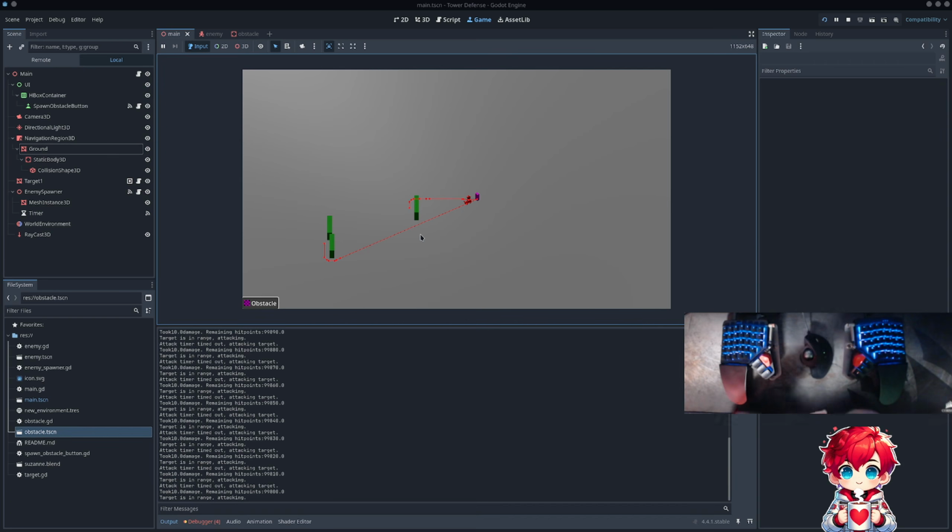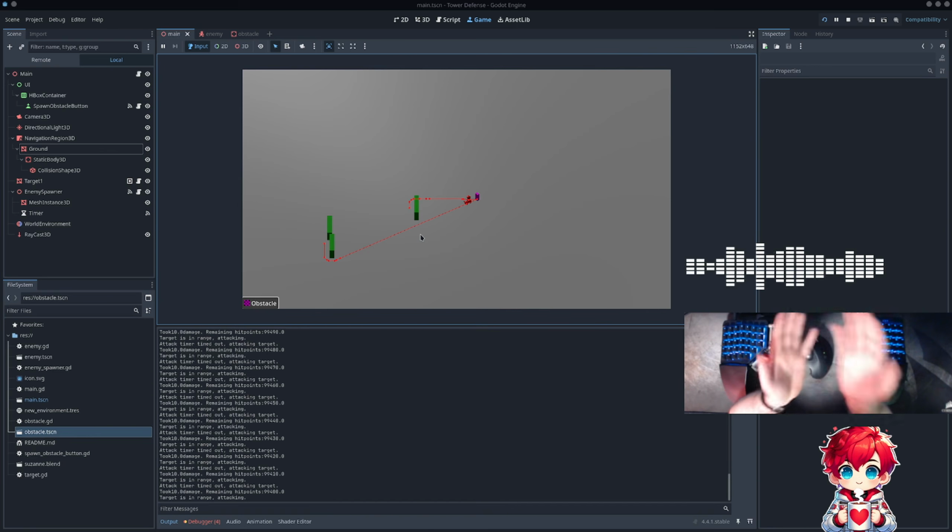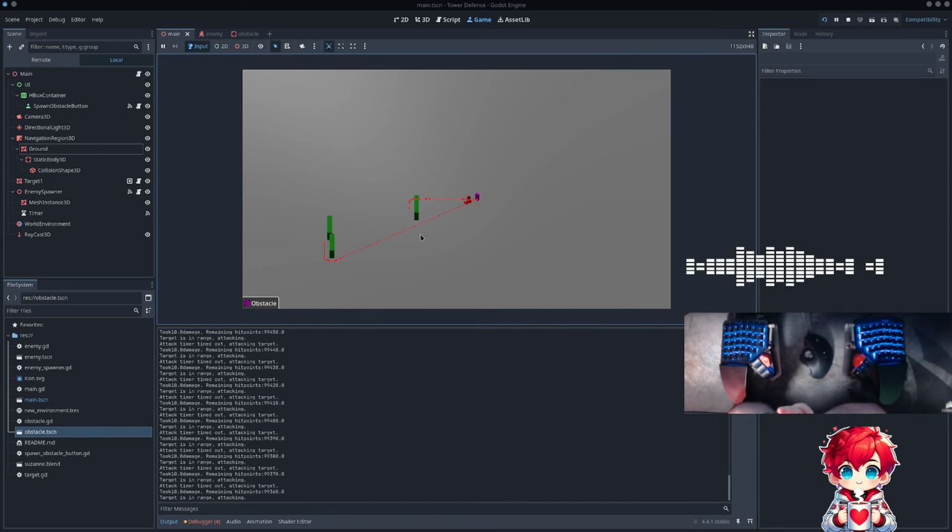I think in practice, the way I'm envisioning the actual game to work would be that the placement happens before the enemies start moving. I don't know that I necessarily want the building of defenses to happen while the enemies are going. Maybe so. It is more fast paced. If it is the case that you're placing defenses as the enemies are going,